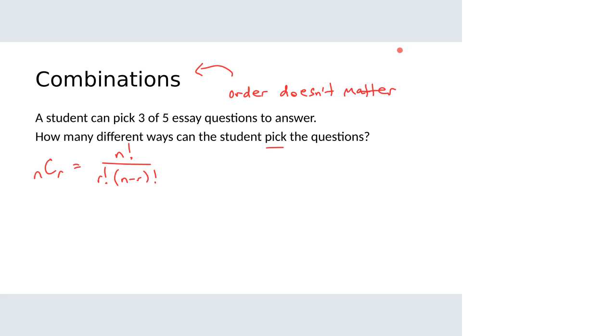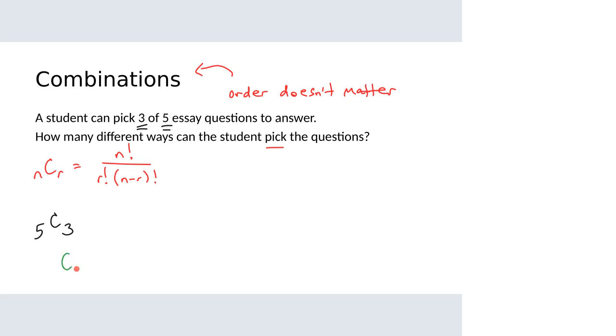N is the total number of objects. R is how many we're using. And here there are 5 total questions, and they're going to pick 3 of them. So we have 5C3. The formal way to say this, which I won't ask you for, but in case you want to know it,